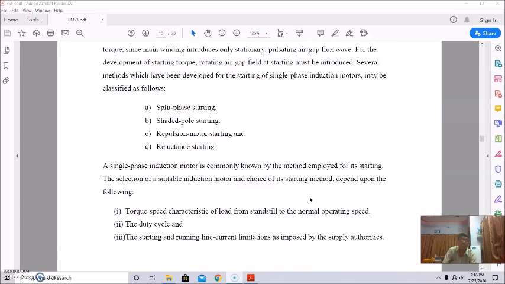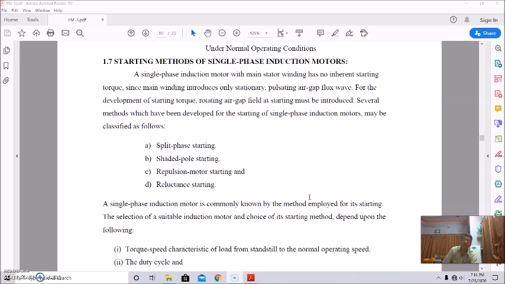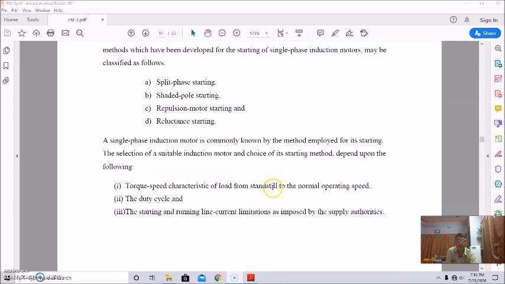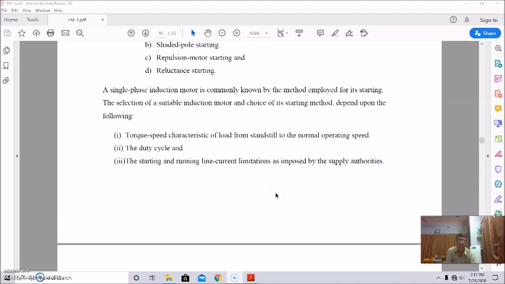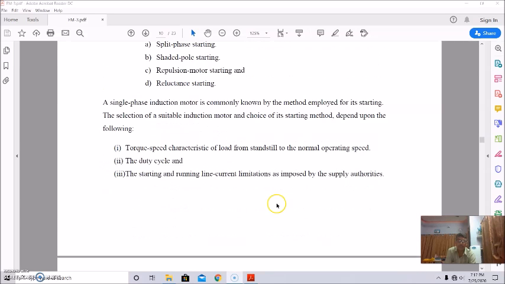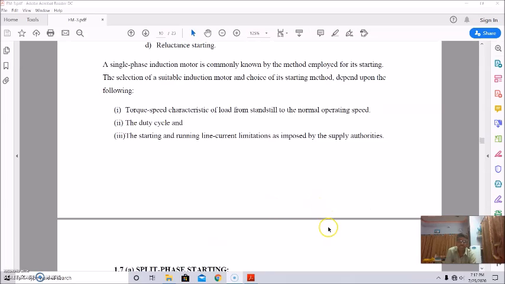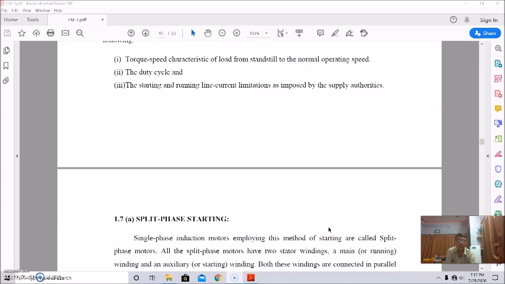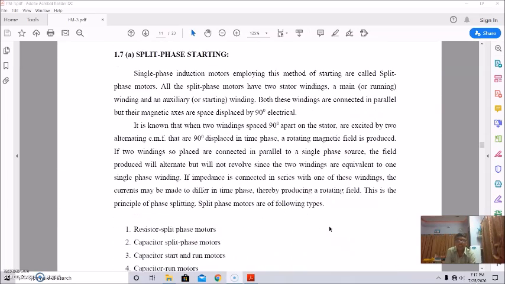So this is the introduction of starting methods of single phase induction motors. Now we'll discuss one after another the different starting methods. Let's start with split phase starting. Basically, a single phase induction motor employs this split phase starting method, by splitting